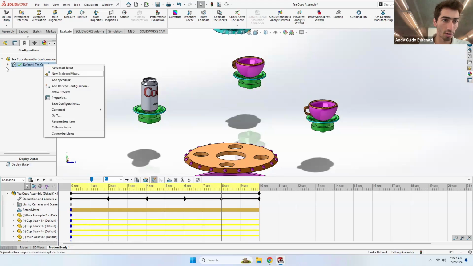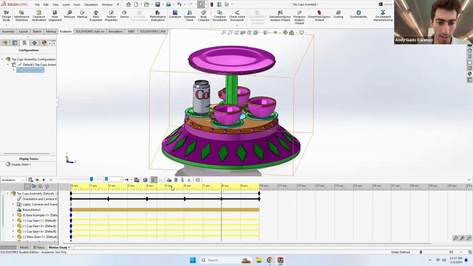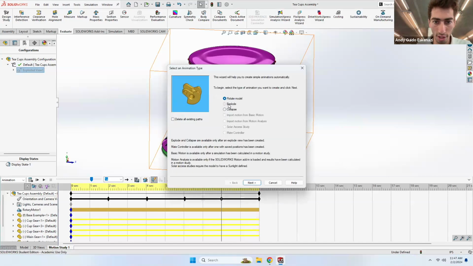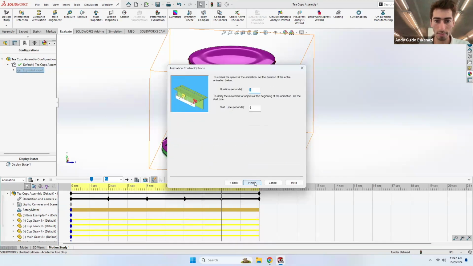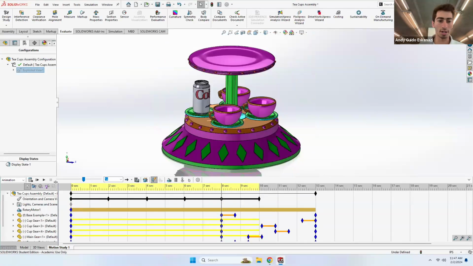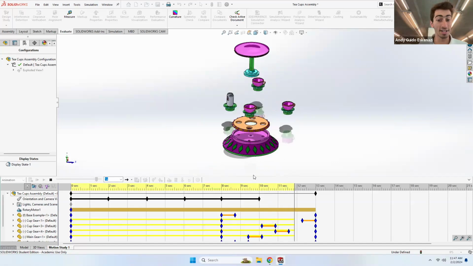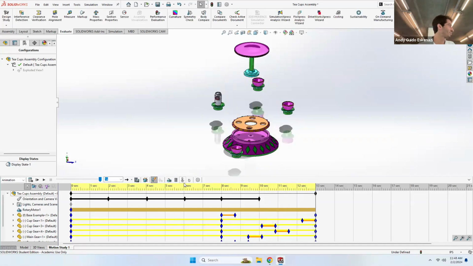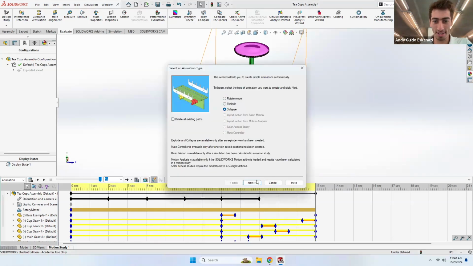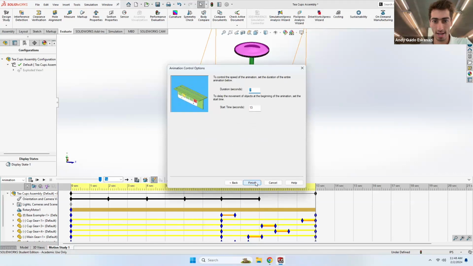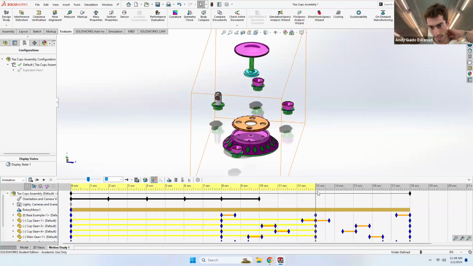So now what I can do still in our animation is, first I'm going to collapse our view. And an animation I can add in here, animation wizard, I want to explode. Duration, I can do 5 seconds. Timer, finish. So now you can see that it's just showing you. And it's still spinning, which is the best part of all of this. And then I can add another animation and collapse this. Duration 5 seconds, start time 13, that makes sense. And then with our key,